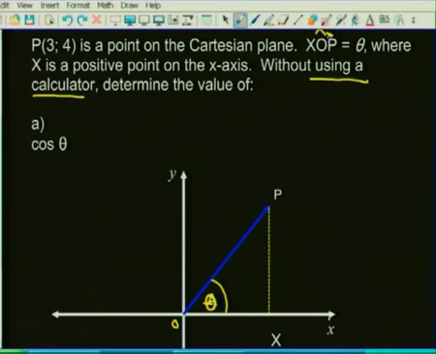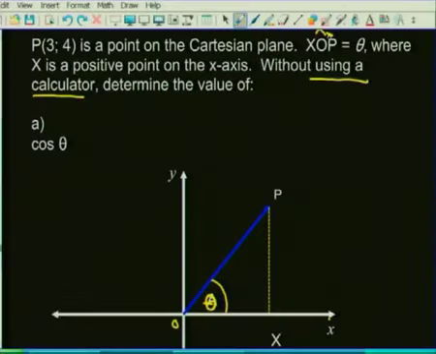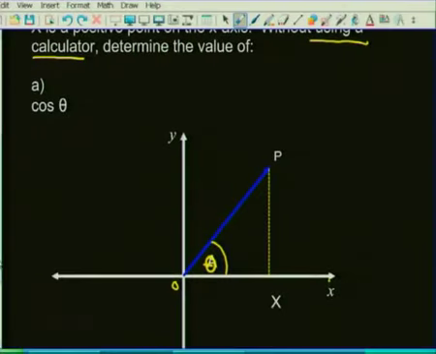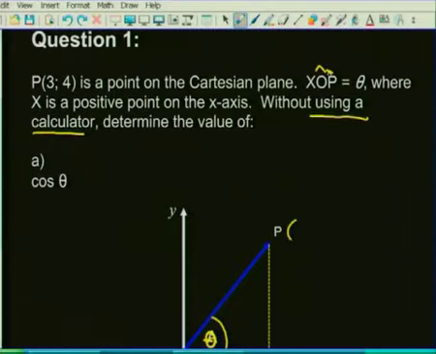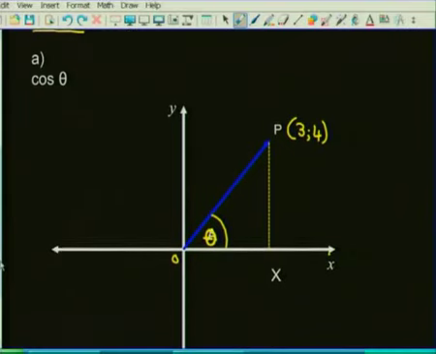When they say without using a calculator, you must be very careful to not use it. Because any sign that you have used a calculator means that you would get nothing for the question. So if it says without a calculator, please be conscious of that and try to avoid using it. Right, so they want us to work out the cos of theta. Now remember what they said to me. They told me the coordinate P was 3, 4. So in actual fact, what they've given me is the x value is 3, the y value is 4,